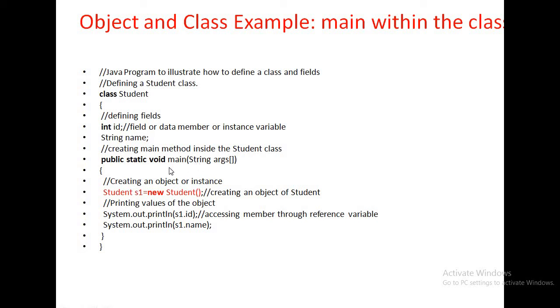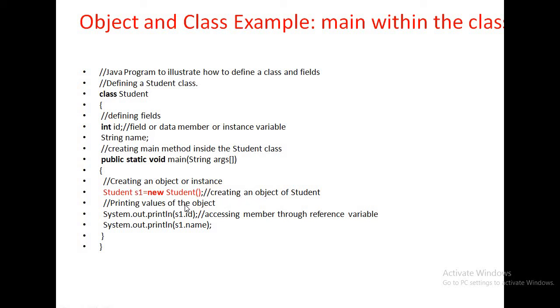Then here I am creating the main method. You already know the syntax: public static void main(String args). I am creating the object of the class. How? Class name is Student, object name is s1. The object name is any valid identifier, you can take any name. Student s1 is equal to new Student(). Class name, object name, equal to new class name. The class name is Student, object name is s1, new class name is Student. This is the way of creating the object.